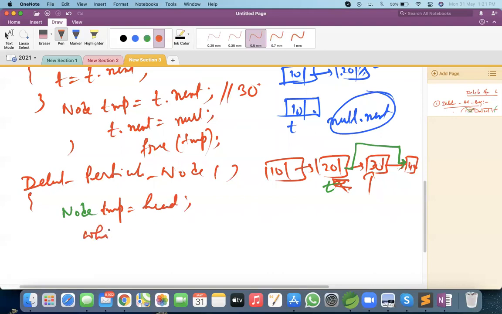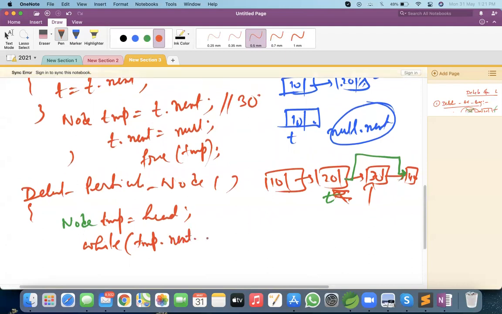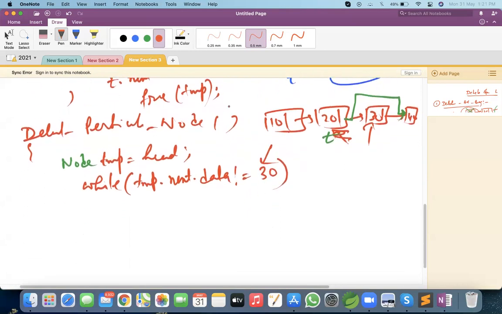Okay, so while, what I can check, that temp dot next dot data not equal to 30. This 30 should not be hard coded. This should come as a parameter in this method. Okay, now if it is not 30, then temp should go to temp dot next.